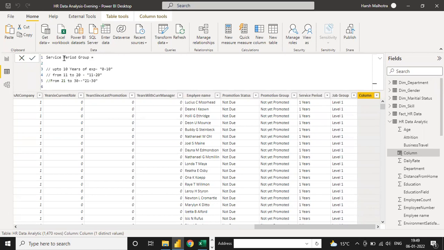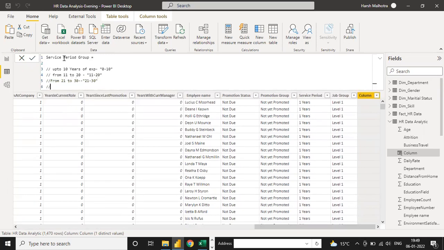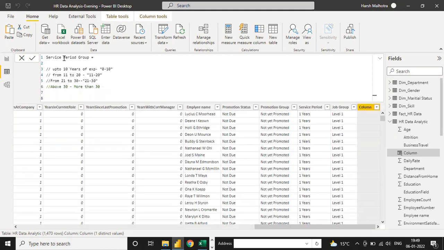And the last one is above 30, which means you fall under more than 30 years of experience. This way is your condition of four types.